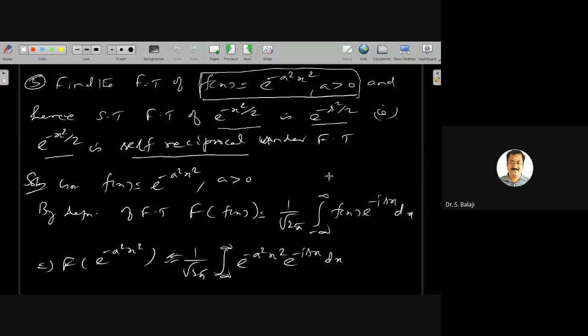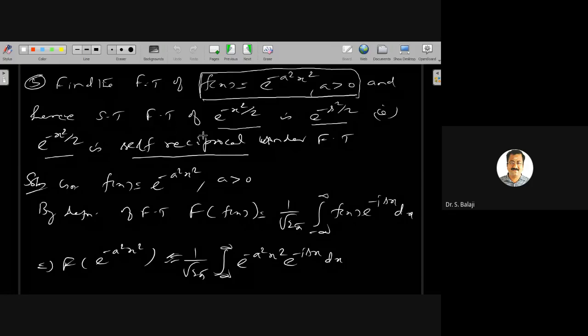Yes. Here another one important problem, and you have to remember always this problem is very, very important, often asked. Find the Fourier transform of f of x equal to e power minus a square x square, a greater than 0, and hence show that